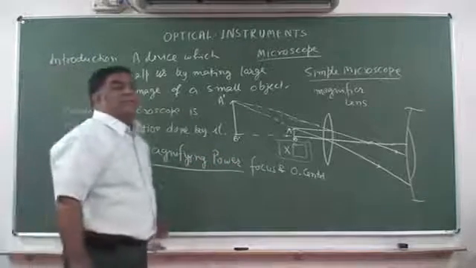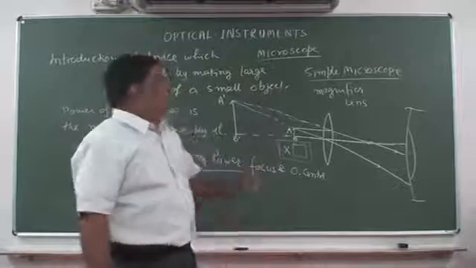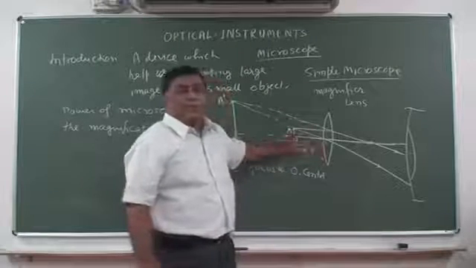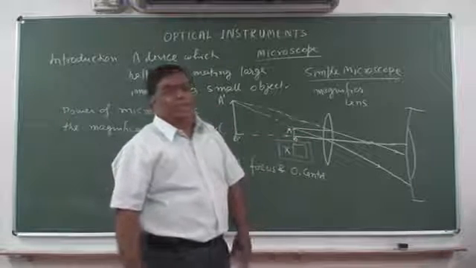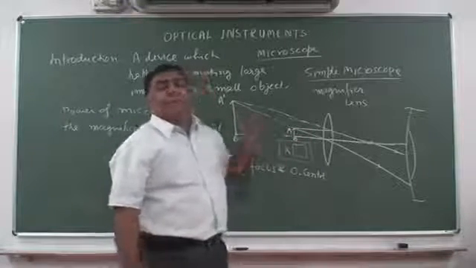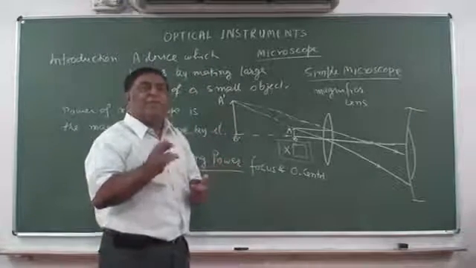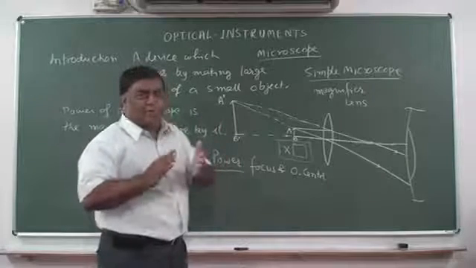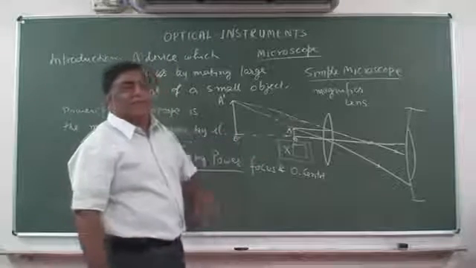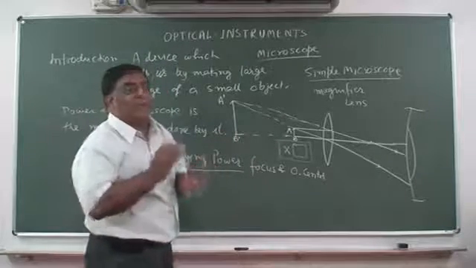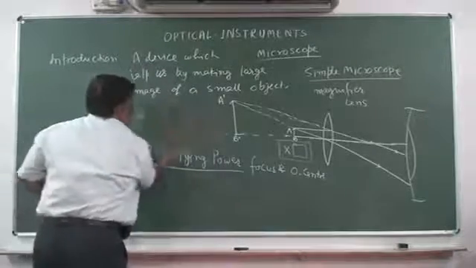Okay. Now, does this magnifying power have any relation with the focal length? So far, we know that a lens has a focal length, and a lens has an optical power which is equal to 1 upon f in meters. Okay. What is this magnifying power? For magnifying power, we first make a definition, then we will calculate according to the definition what is the relation between magnifying power and focal length of the lens. So first, how do we define magnifying power? What is meant by magnifying power? What should be its formula?